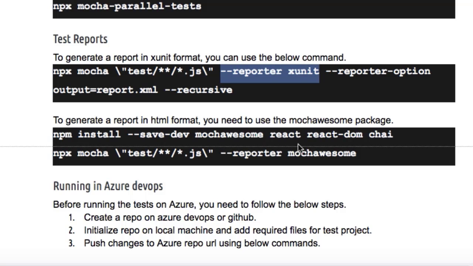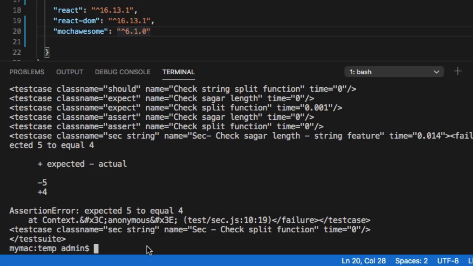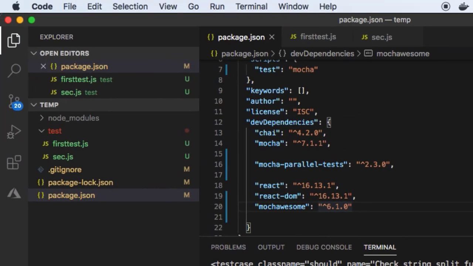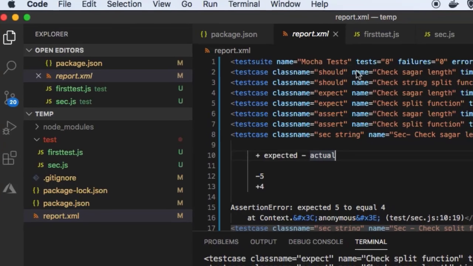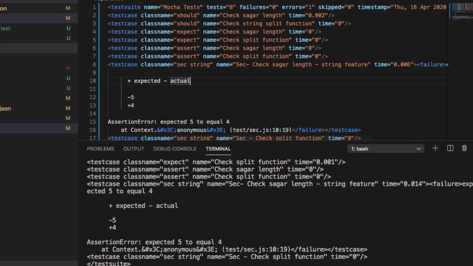To save that file, you have to use the reporter option, that is output equals report.xml. So this report.xml file will actually be created in your current directory. On the left hand side, you can see report.xml is generated, and over there you can see which tests failed and passed.